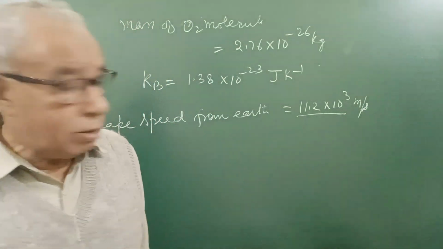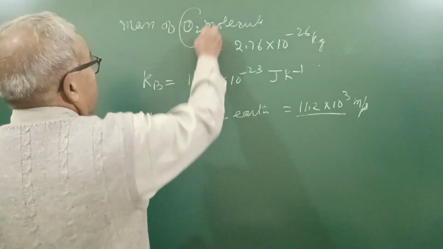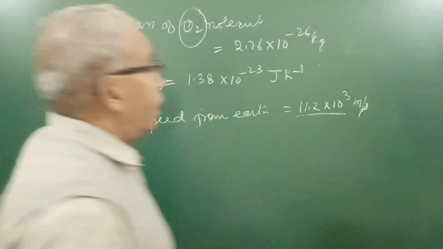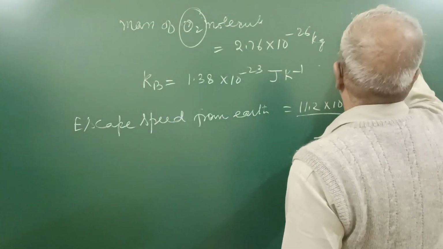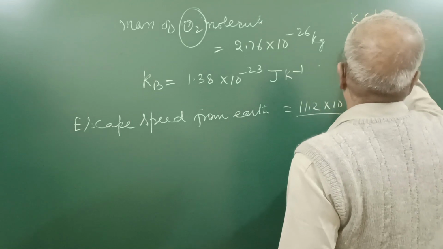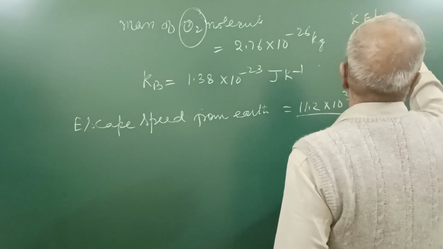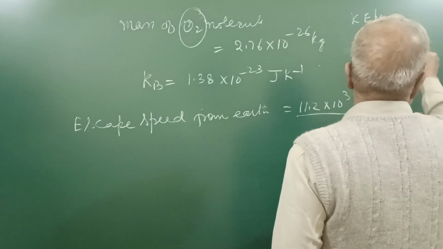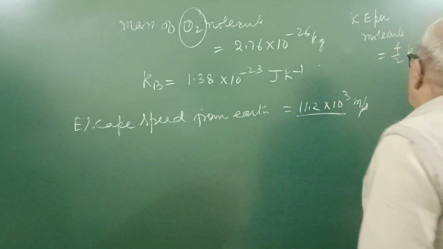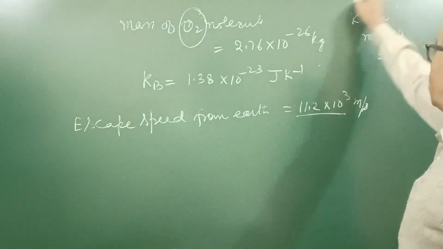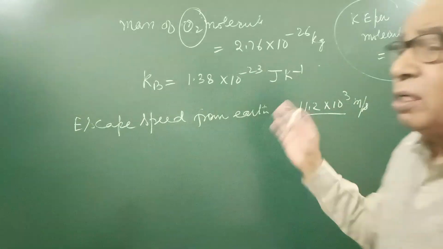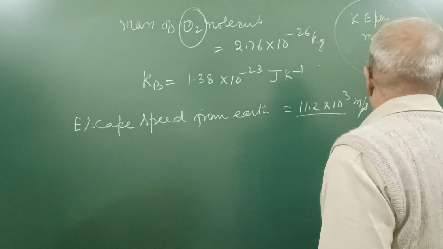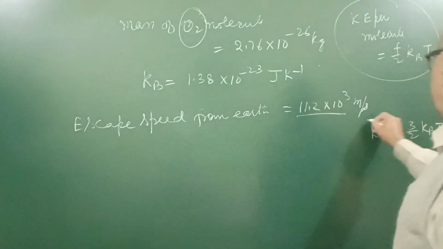We know the oxygen molecule is a diatomic gas, and kinetic energy per molecule is equal to f/2 kBT. Here people are not treating this topic like this. They simply write it is a particle and kinetic energy per particle is 3/2 kBT. It is the general concept in the brain of